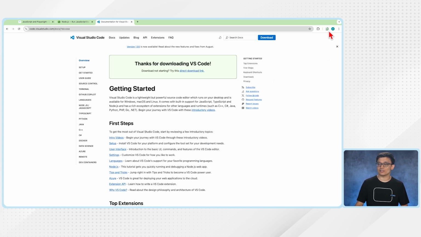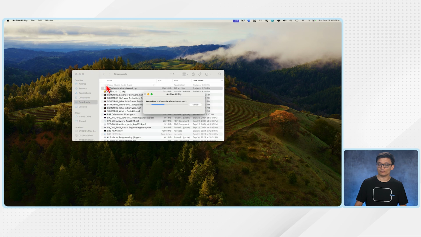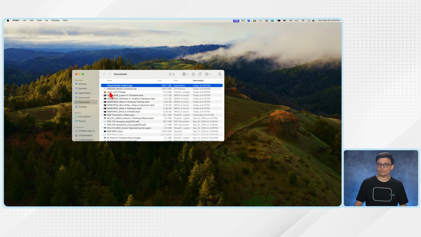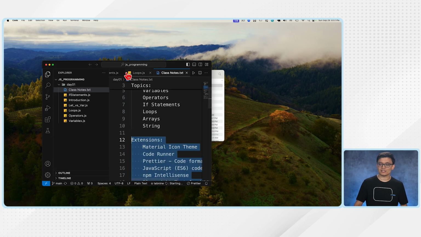Okay, so now it's downloading. All right, so it downloaded this zip folder. Next, what I'm going to do is I'm going to unzip this folder. After unzipping the folder, this is what it looks like, Visual Studio Code. Okay, and I will open it to make sure that it can be opened. Double click it and it should open. So as long as it's opening